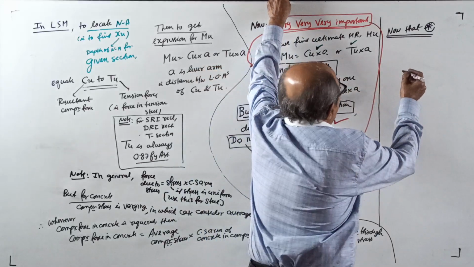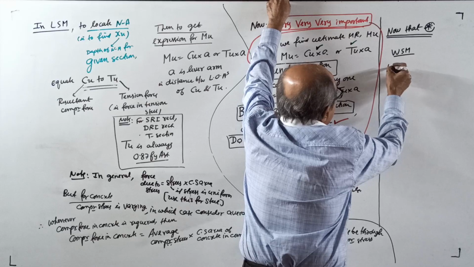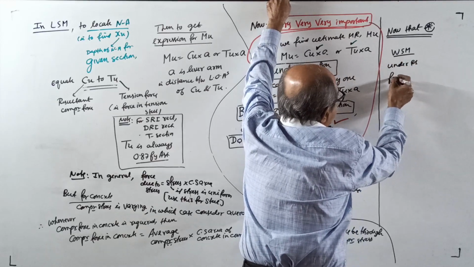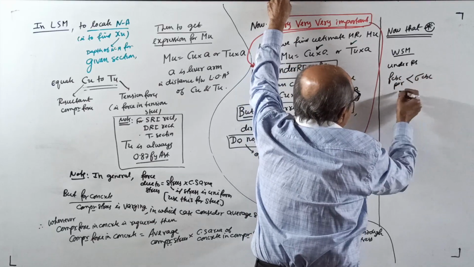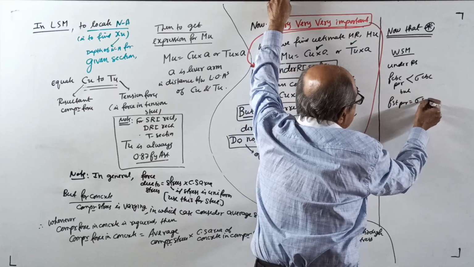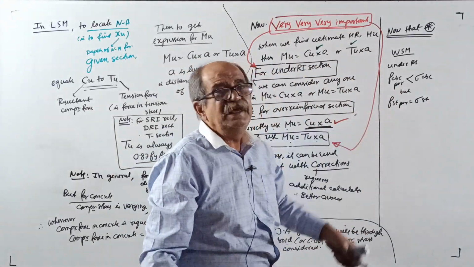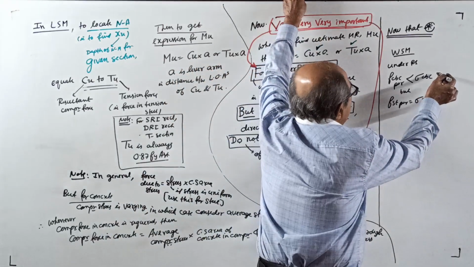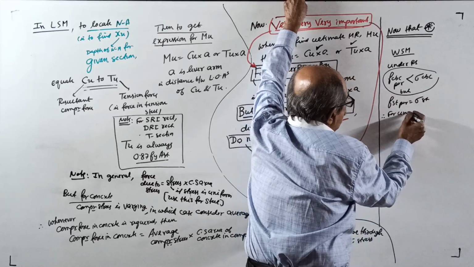If you go to working stress method, if you remember, if the section is under reinforced, then sigma CBC permissible is less than sigma CBC, but sigma ST permissible is sigma ST. Means under reinforced section, the stress in tension steel will reach its permissible limit. Stress in concrete will not reach the permissible limit. Therefore, for under reinforced section,